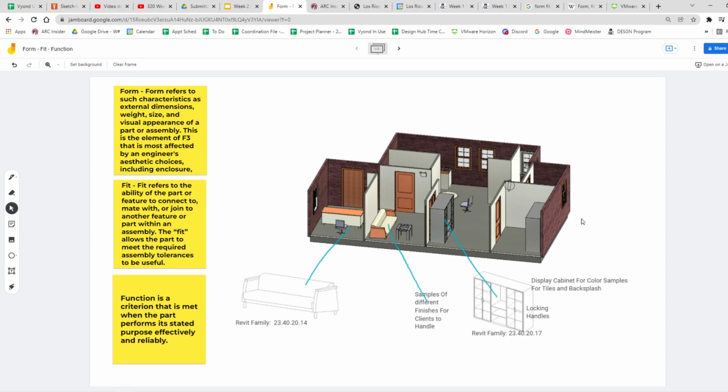So most of our modeling will be done with that. But there you go. That's form, fit, and function as it relates to this class, which is for concept modeling, so that the design can be developed by continually adding more and more complexity to the model as we